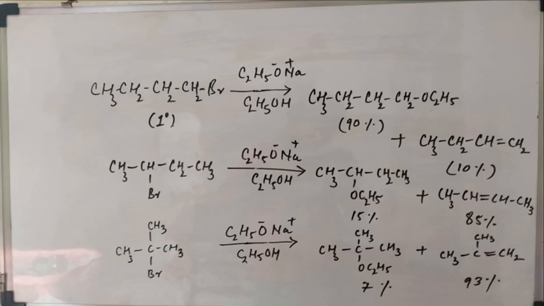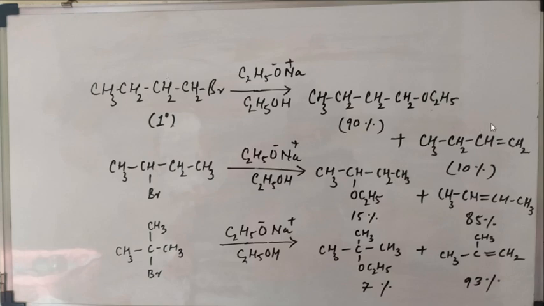Now let us take some examples of whether the reaction is substitution or elimination. It's a primary, straight chain haloalkane, and the reaction is in the presence of the strong base sodium ethoxide dissolved in ethanol. Since it is a strong base, it can act as a nucleophile, so it would likely attack this electrophilic carbon and undergo the nucleophilic substitution reaction, giving 90% of the substituted product. At the same time, it is also likely to abstract the beta hydrogen from here and give the elimination product,